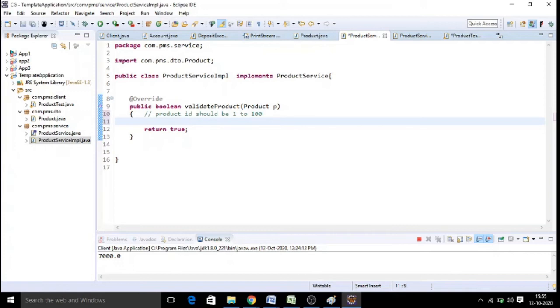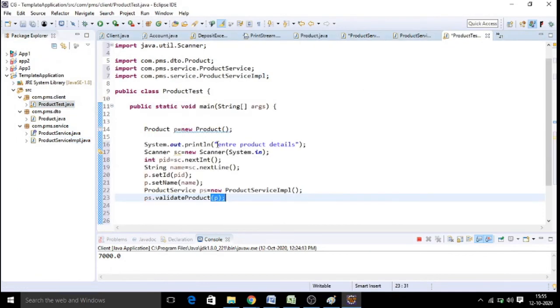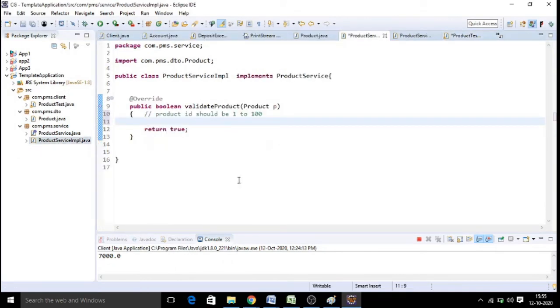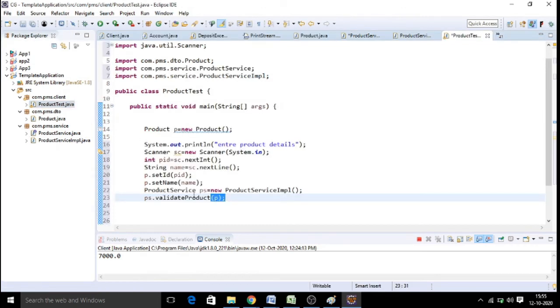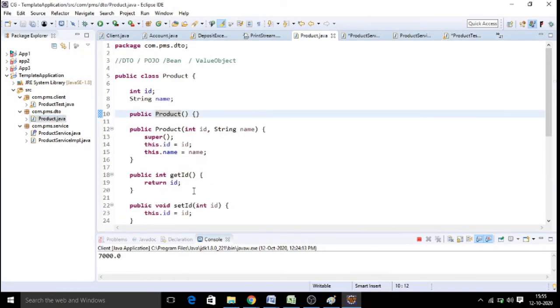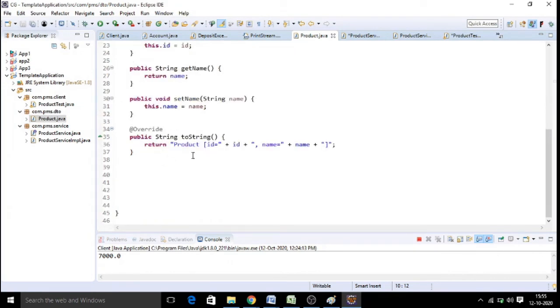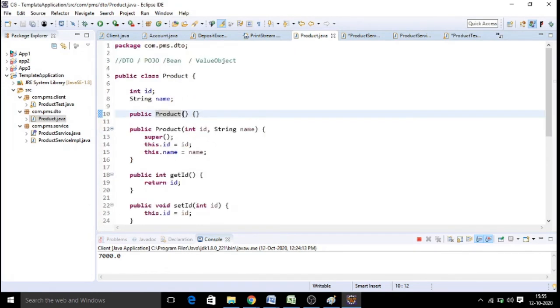Now, how do I get my product ID? Somewhere I am storing it here. Here I am reading, I am storing here, I am sending to this product validate method. So I am coming to this place. Here I should get that product ID to check this, right? So to test this, I am not supposed to test here itself. This is the client program, the user interface. I should not do business logic. And coming here, this is a data transfer object. This is only to store the data. This is an object used to store the data for a while for the execution of your application. Here also I will not write business logic.